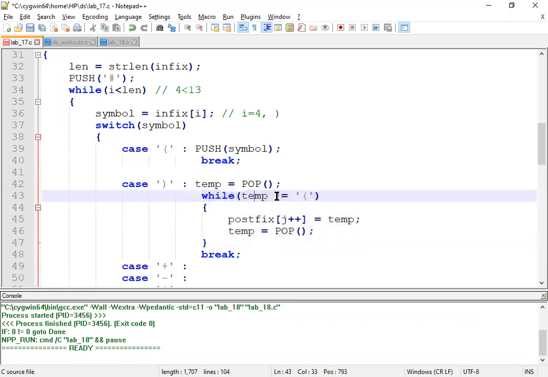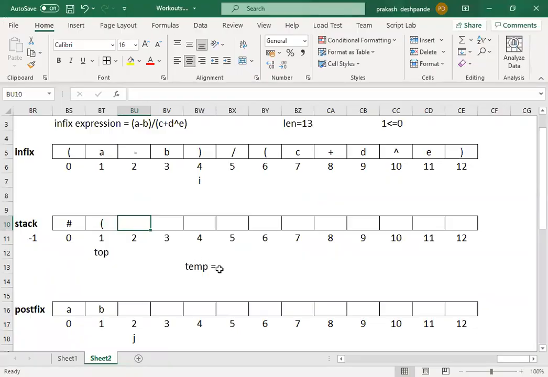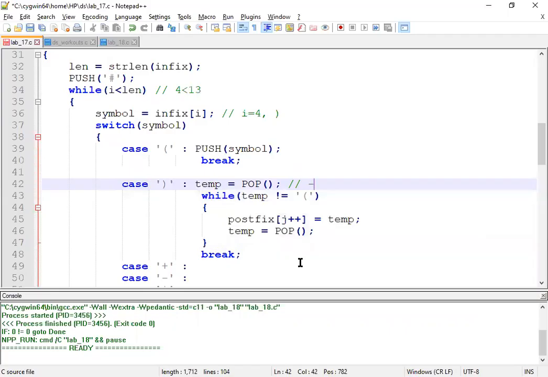Okay, so temp is not equal to open parenthesis. What does temp contain now? If you look at the previous Excel sheet, the temp contains the minus sign. So now temp is not equal to opening parenthesis. Yes, minus is not equal to opening parenthesis. The condition is true. Since the condition is true, what is to be done? The postfix[j++] = temp has to be executed.